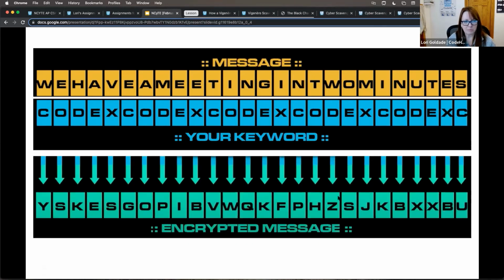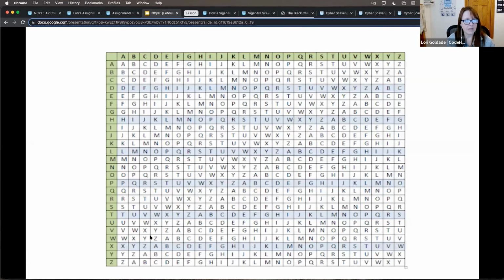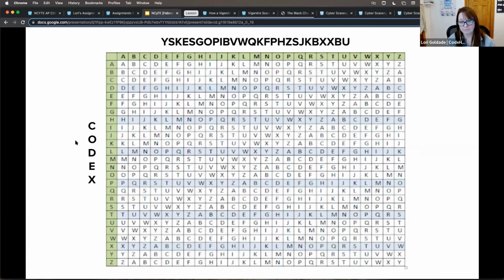And our encrypted message is going to look like this. So how do we decrypt this? Here's our table again. Here's my encrypted message. Okay. Here's my key. So now what I can do is start with the first letter of the key, with